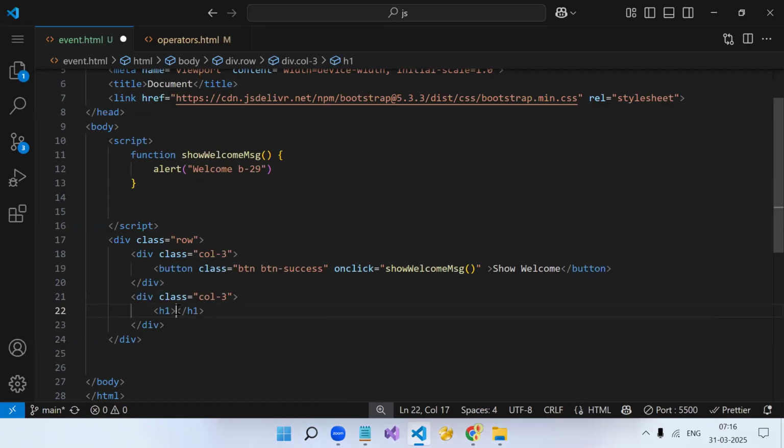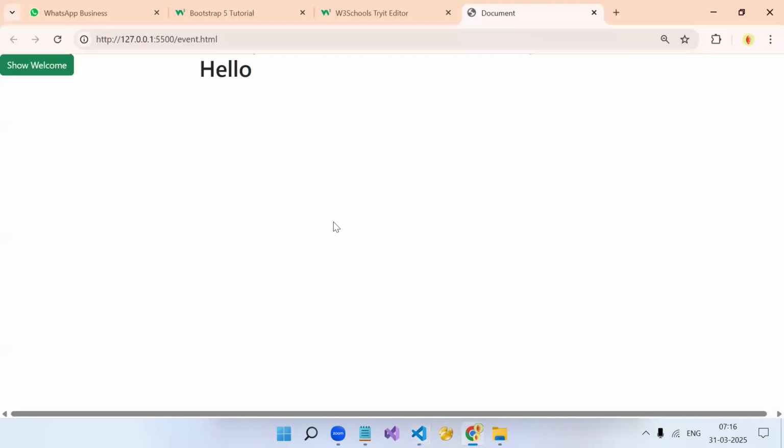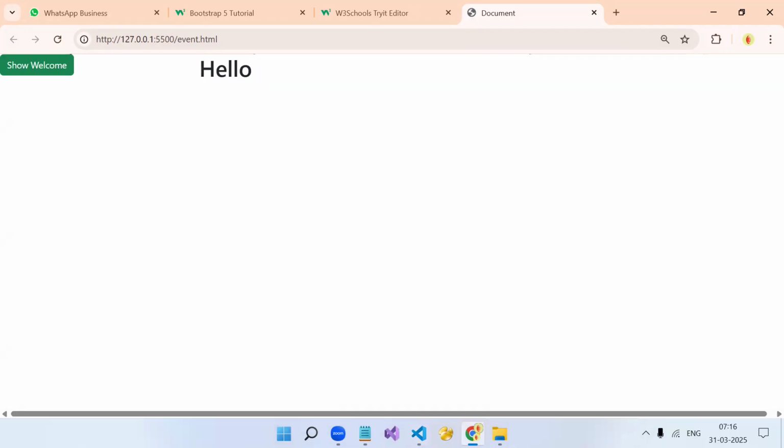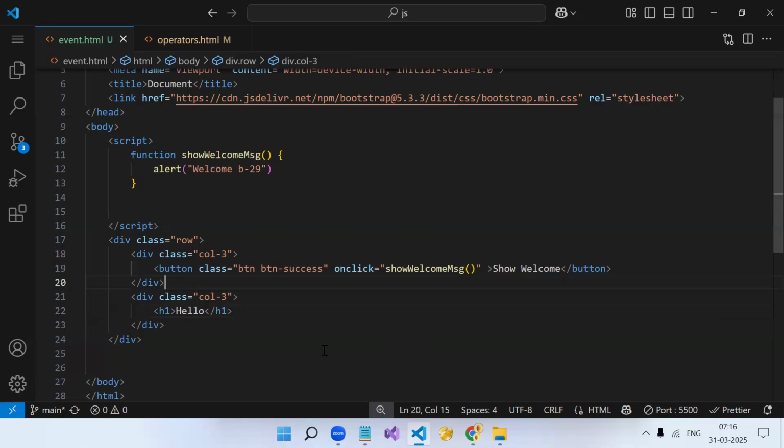Can I write click event on h1? This h1, can I write click event? Guys, whatever element we have in our HTML page, click event is an event which will work on every element. Button is the actual element where click event should be used, but it's not guaranteed or